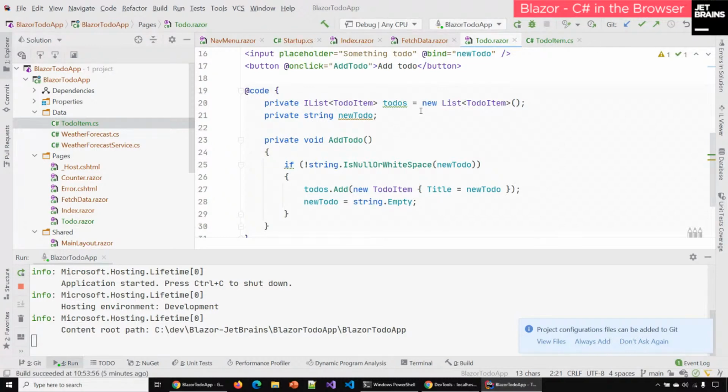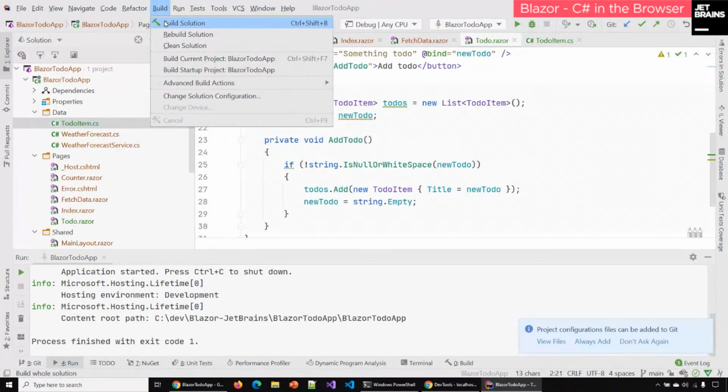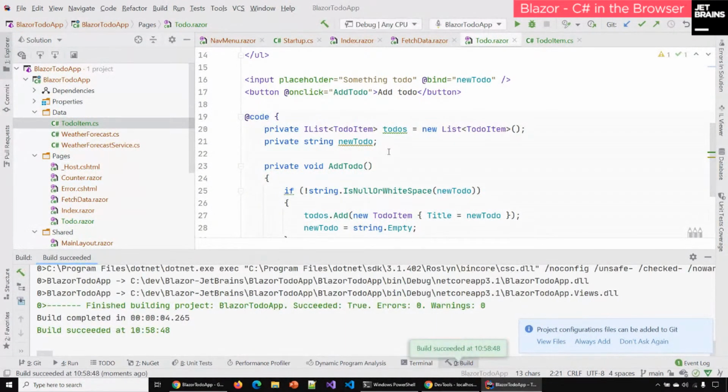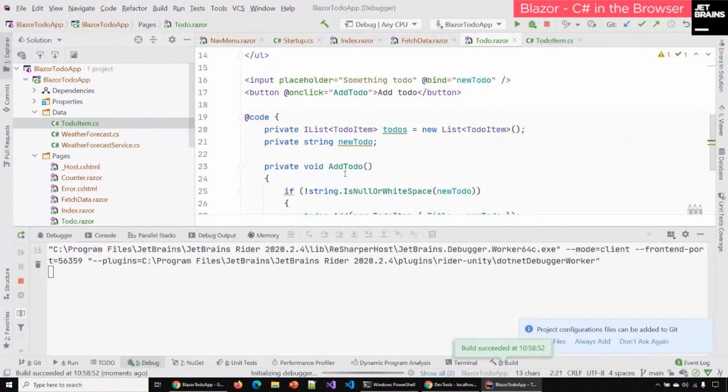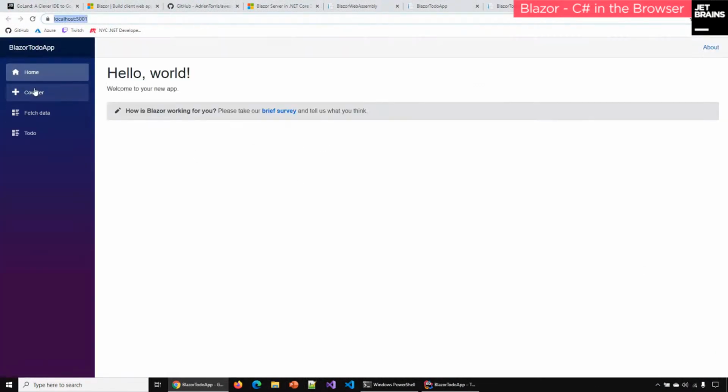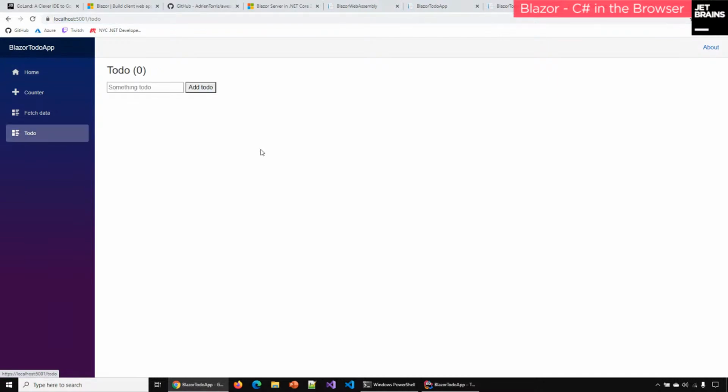So fingers crossed, we'll stop the debugger and build our solution. Fingers crossed that everything builds correctly. Okay, it builds. So now let's debug it. And there we go. We've fired up a Blazor Server app, and now you can see we have our to-do. Let's click on our to-do, and great, we got our to-do Razor page. So let's type in add more features to list. Add that to the to-do.